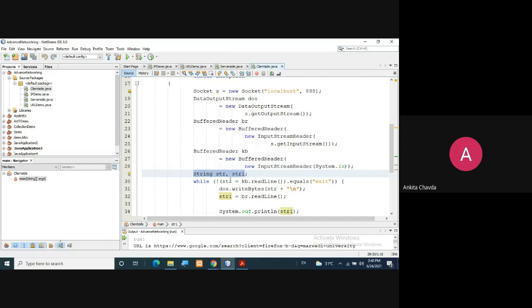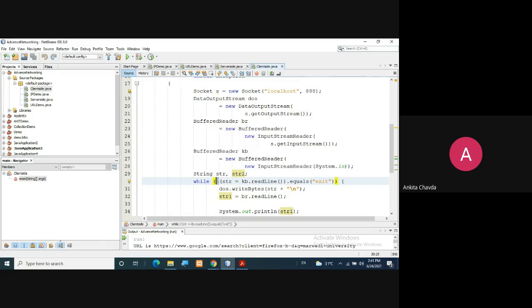So while str equals kb.readLine is not equal to exit. Whenever the client writes exit, it means the connection will end. Till then the connection remains between server and client.